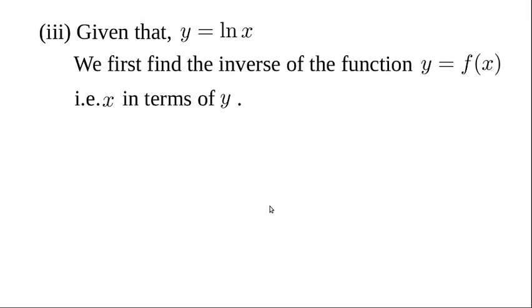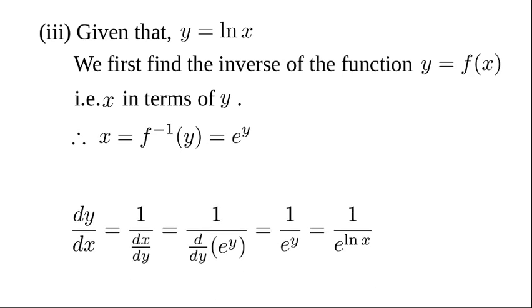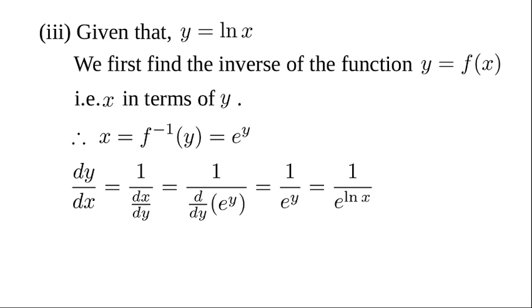Next example, y equal to ln x. ln x means y equal to log x. Whenever the log is to the natural base, or we say natural logarithm, we write it as ln x. So x equal to f inverse of y is e raised to y. dy by dx equal to 1 upon dx by dy. So that is 1 upon d by dy of the value of x, e raised to y. Derivative of e raised to y is e raised to y, and again y is replaced by ln x, meaning log x to the base e. So that gives you dy by dx equal to 1 upon x.